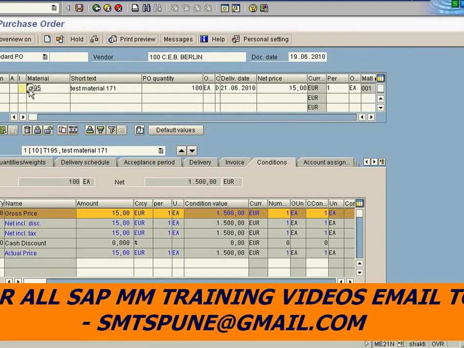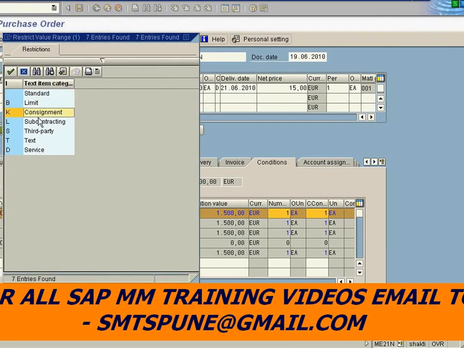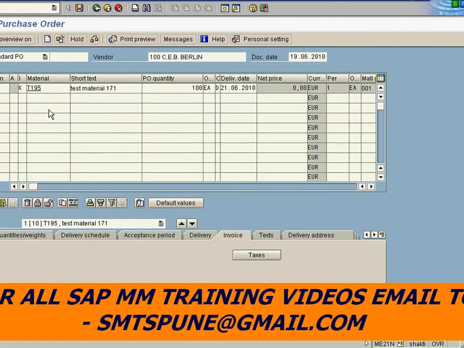Now I go to the item category and select consignment. When I select consignment, double click this and press enter, the conditions tab in the purchase order will disappear. So your consignment purchase order does not have the price in the purchase order, because you don't know when you are going to use that material and what the price will be on that particular day.